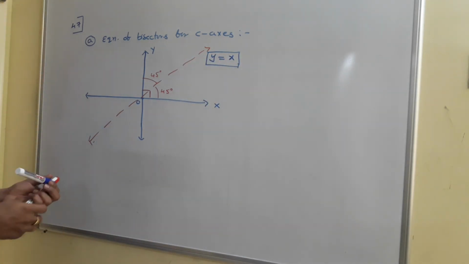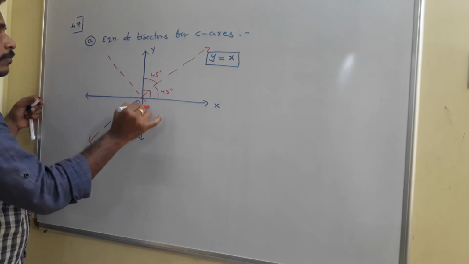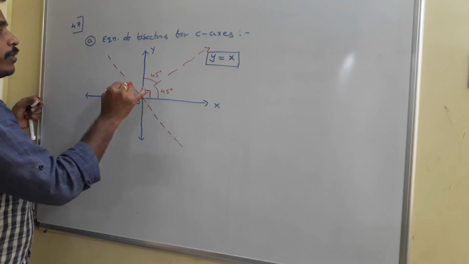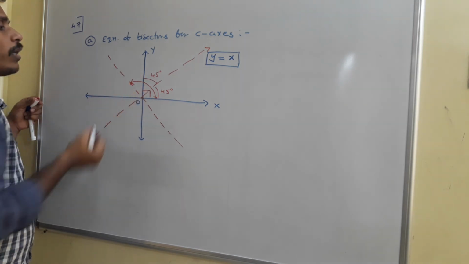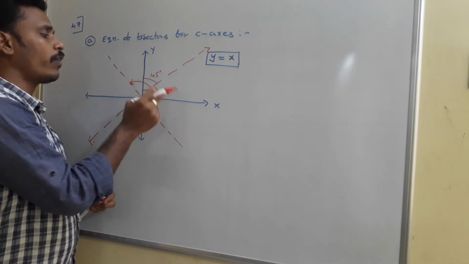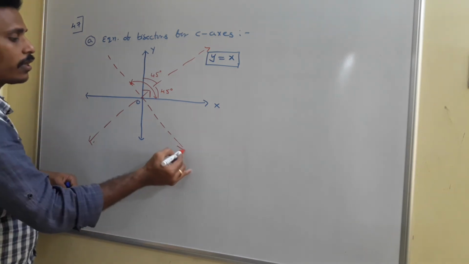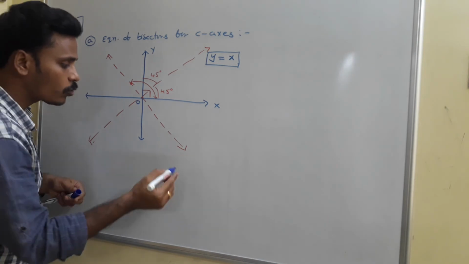Okay, and there is another bisector. You can draw this bisector like this, and we know that this total angle from this second bisector to the x-axis is 135 degrees. This is 45, you need to add plus 90, 135 degrees. So since the slope of this line is tan 135, then what is this equation actually?